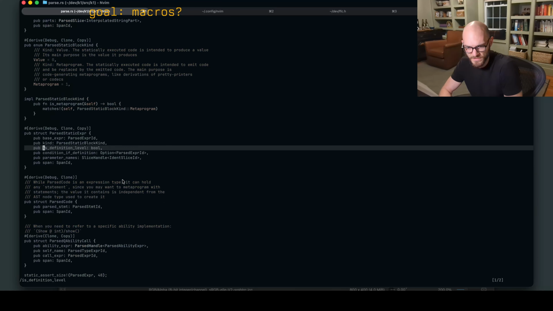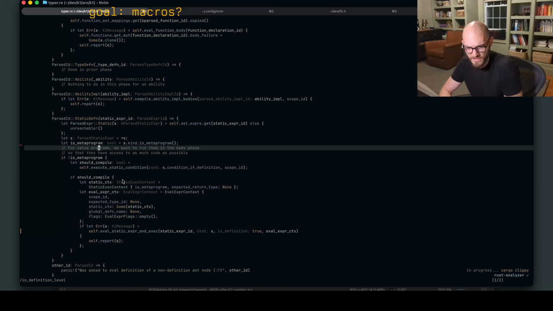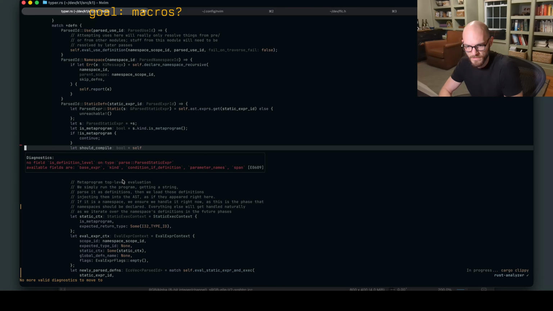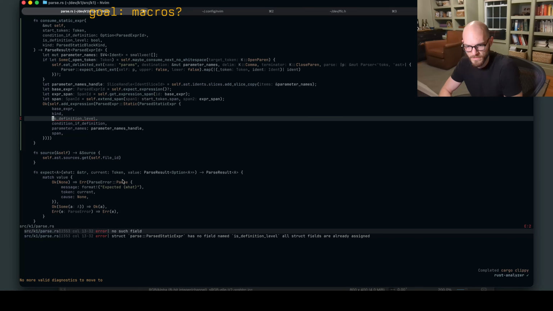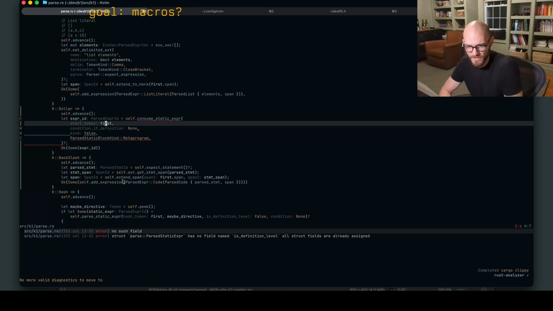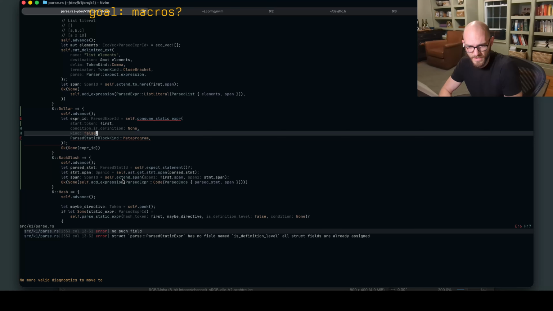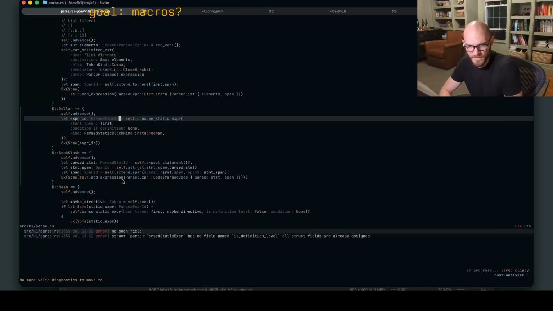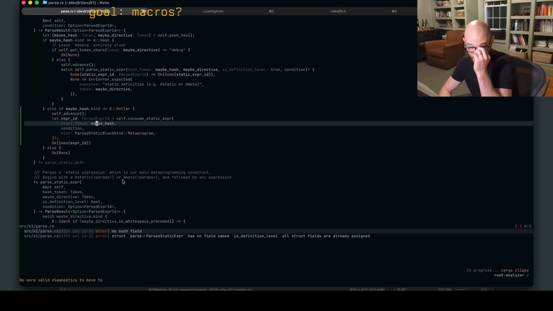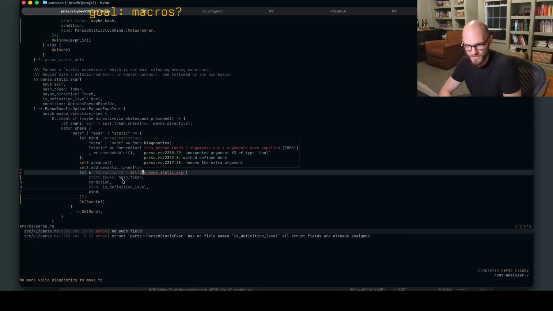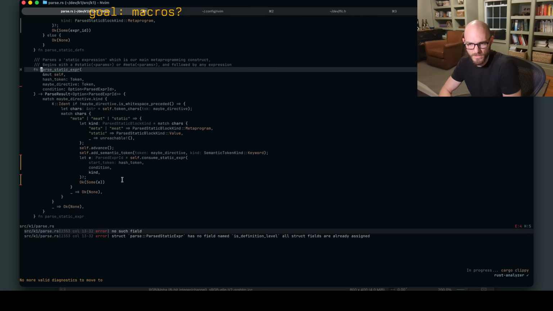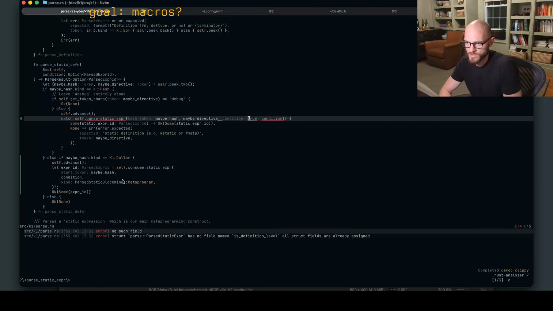See, and now I can get rid of these stupid assertions because this thing doesn't even exist. And then we get to remove it from there, which is why we didn't want it. Because this thing doesn't care if it's at the definition level or not. It's just what did the user type. Oh, yes, it's too good.